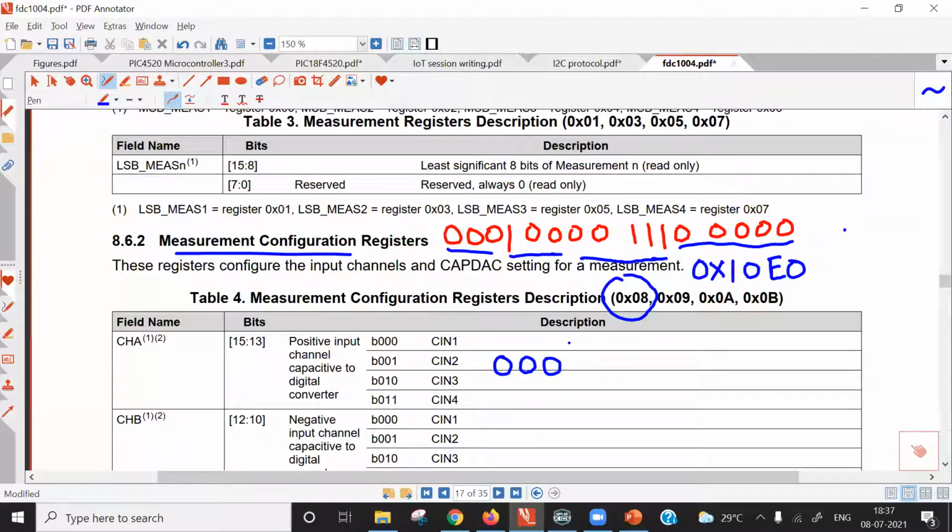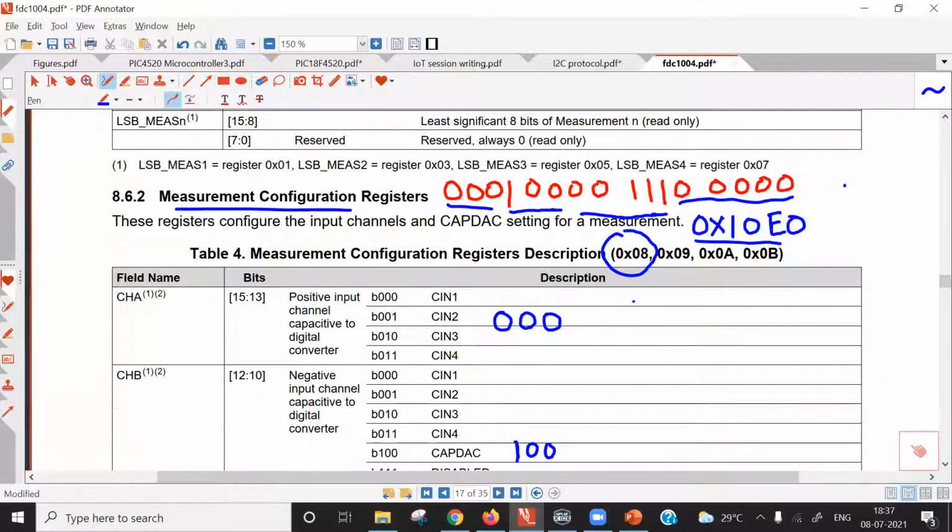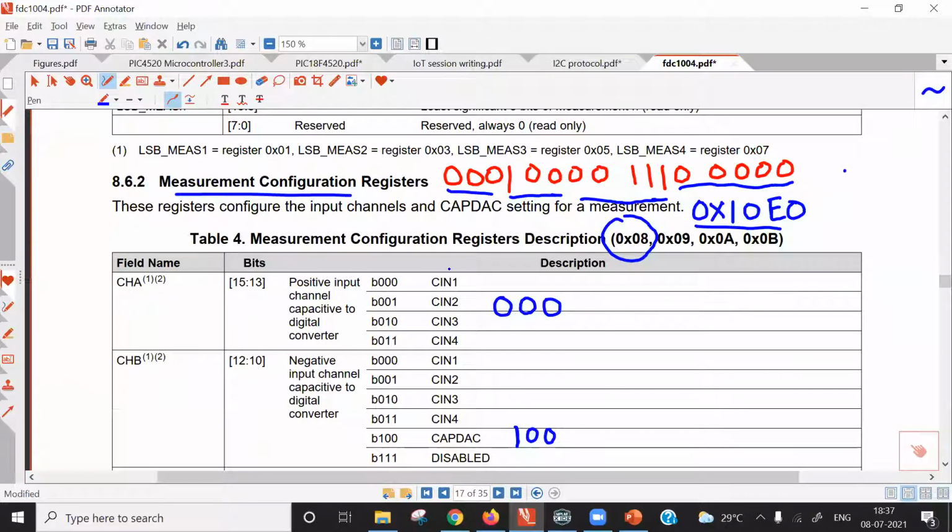Let us understand how to configure measurement on channel 1 of FDC1004, and which number I have selected. Depending upon the capacitive sensor that you construct, this number will be different. It will not be the same. Now we want to select channel 1. For selection of channel 1, bit numbers 15, 14 and 13, these 3 bits must be 000.